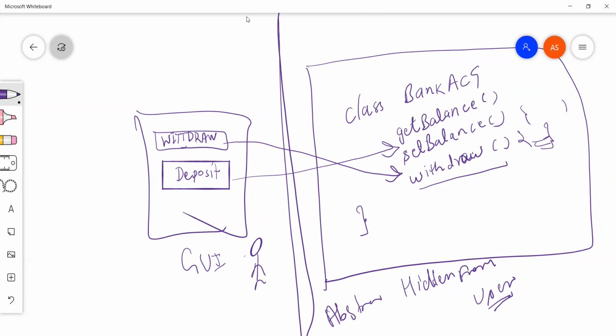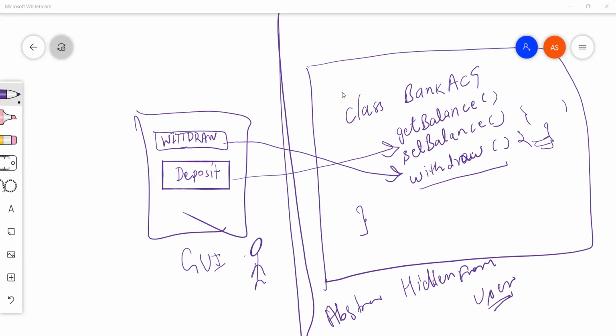Guys, please be interactive. You can unmute yourself and say yes or no. Going back to chat again and again is consuming time.